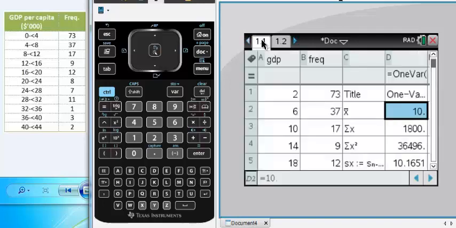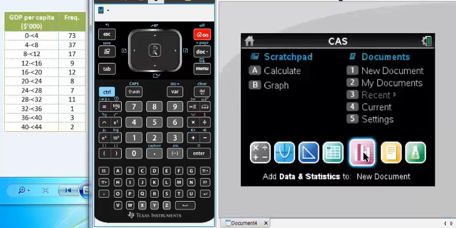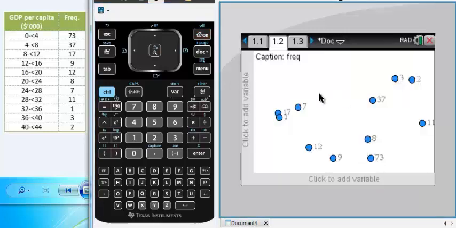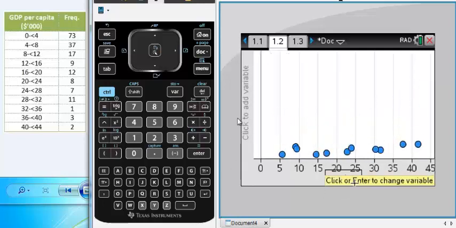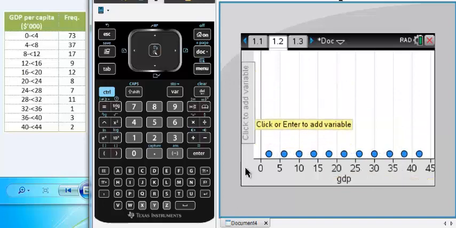Now we will learn how to draw a box plot from this frequency table. For that, we will click on the home icon and take a new plot area. Our data will be like this. Now we will set the variable as GDP, but we will not do anything about the frequency part yet.